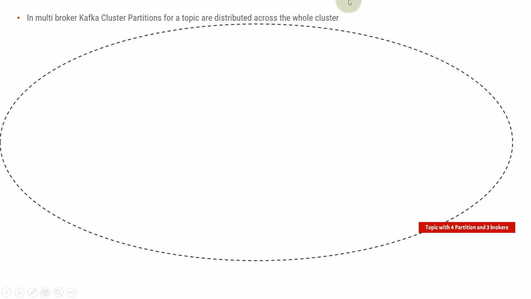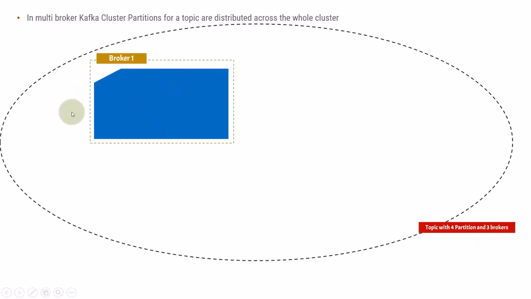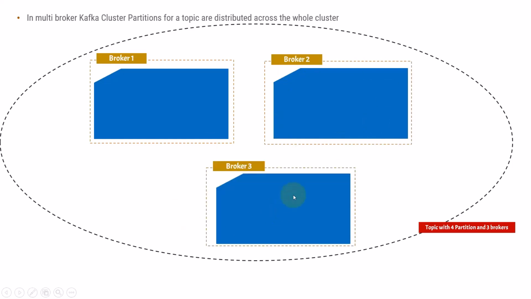Let's say this is a Kafka cluster with a topic. There is a single topic, for example, with 4 partitions and 3 brokers. You need to understand there are 4 partitions for the topic and the number of brokers is 3. As soon as we see 3 brokers, it means 3 machines are there and 3 different Kafka servers are running: broker 1, broker 2 and broker 3. These are the 3 machines where the Kafka server is running, and we have created a topic, let's say topic 1.